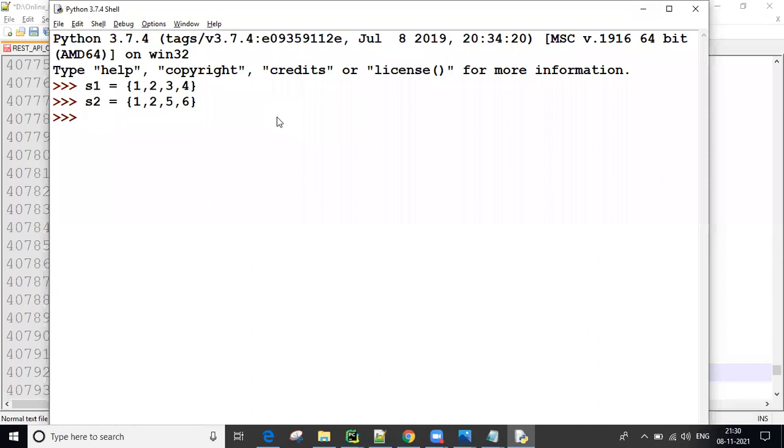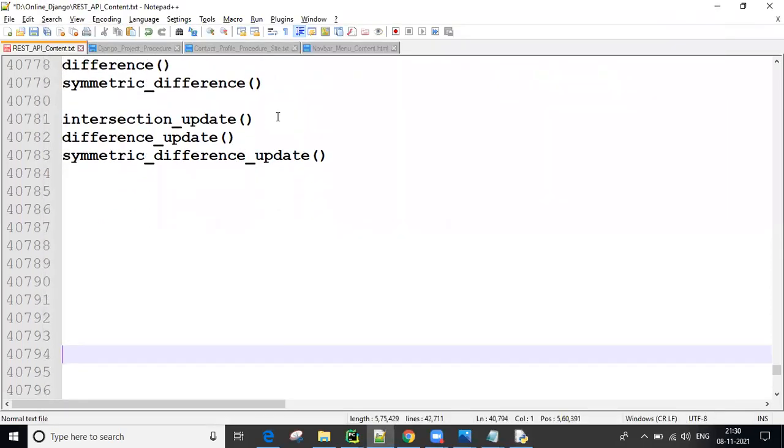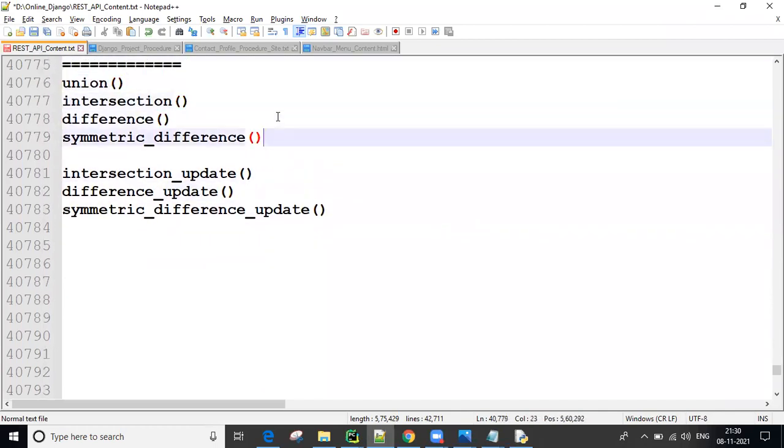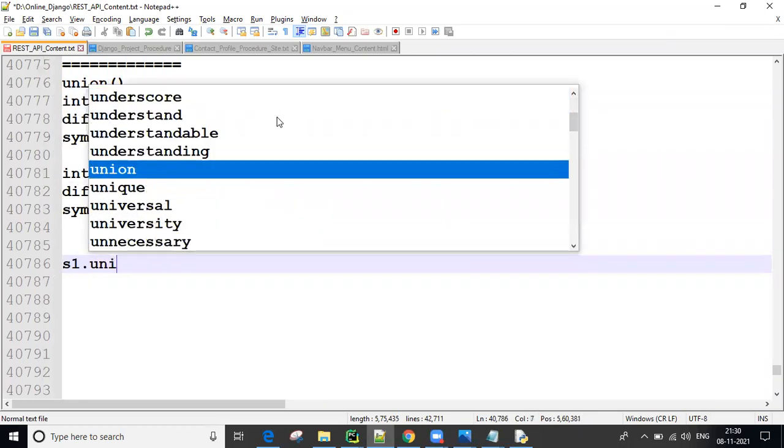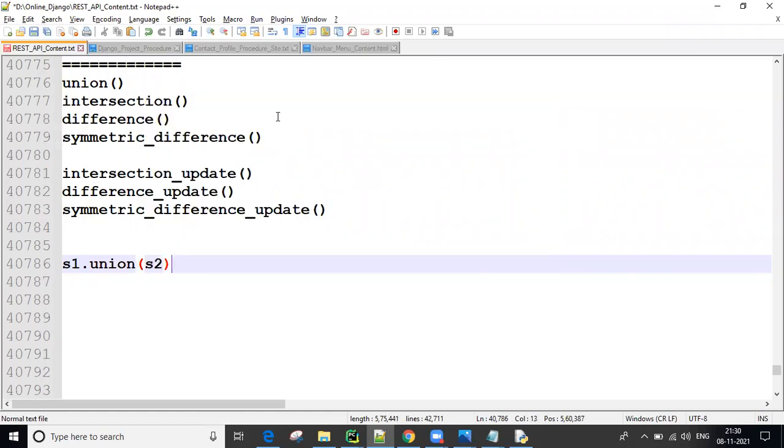The syntax of each one is like this: set 1 dot union of set 2, set 1 dot intersection of set 2, set 1 dot symmetric difference of set 2, set 1 dot difference of set 2, set 1 dot intersection update of set 2. All are the same. Before the dot one set, inside the brackets the other set. Two sets, guys.